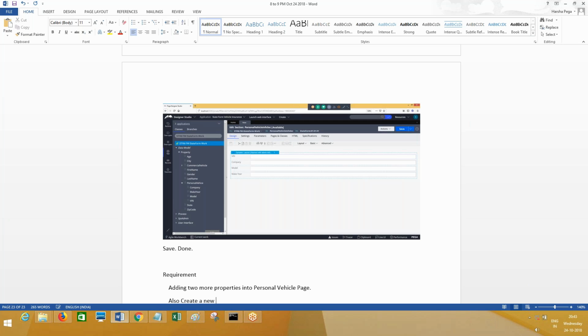Also, we are going to create a new claims data class with properties, and create a new page in the work class.